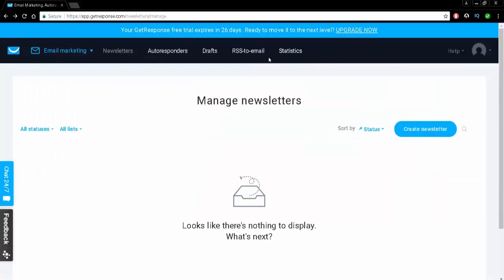So in this section, you can send a newsletter to a particular list that you have inside of your GetResponse account. Now, newsletters are often used when you want to instantly send a message to your list. Commonly this can be, for example, a discount that you have on a particular product and you want to notify everyone belonging to your list. Or it can be because of a special event that is going to happen